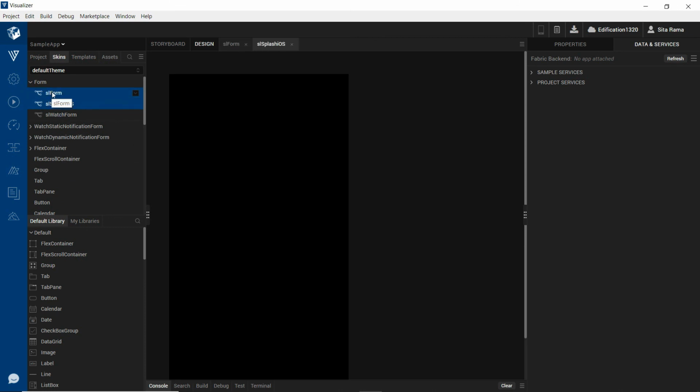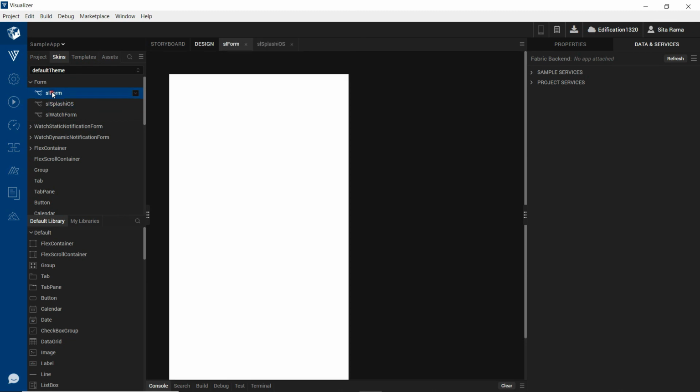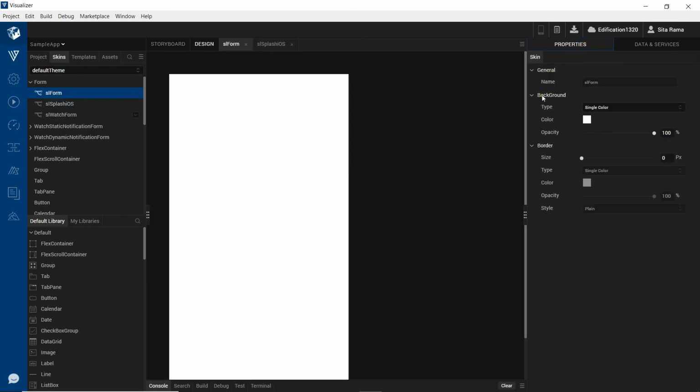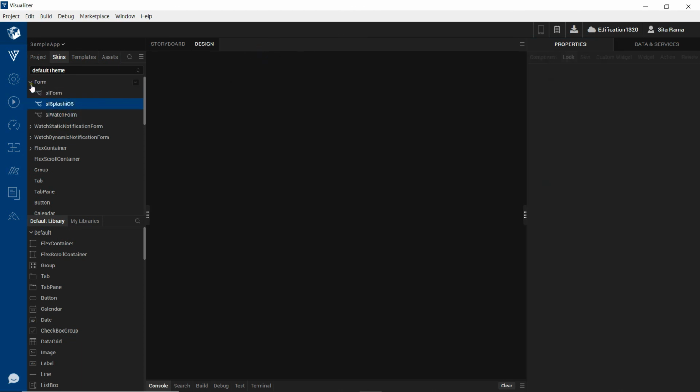By using these skins, you will be able to define the background color, what the borders should be, what the color of the borders should be, and whether the border has rounded corners or is plain. So all these UI aspects of each widget that you have used on your screen design can be defined.